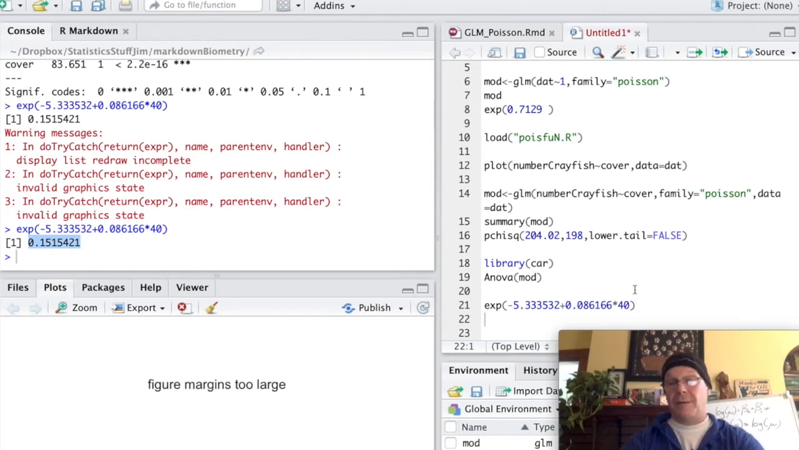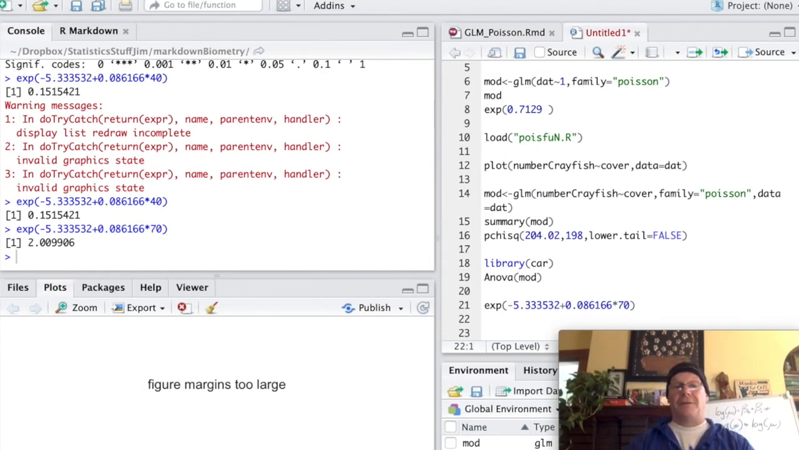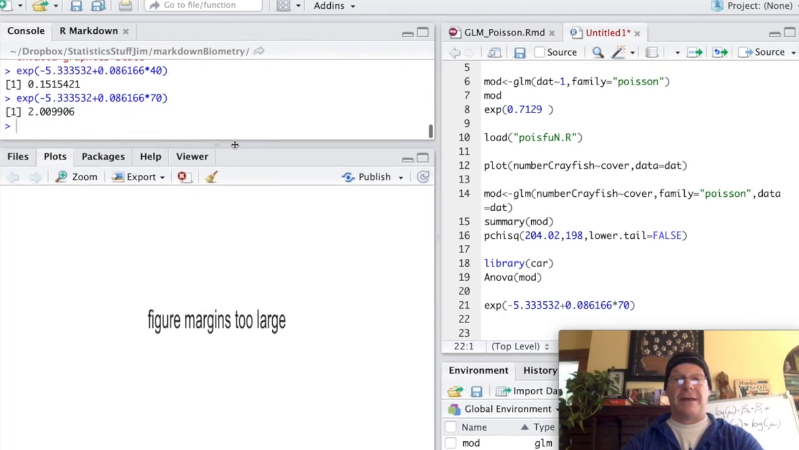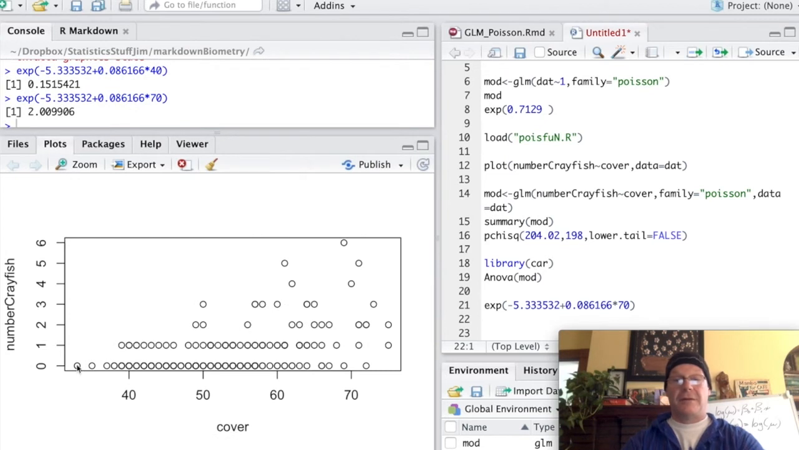But we could go ahead and we could crank it up a little bit. Well, what happens if we had a cover of, say, 70? And we'll pop that into our model. Now we're expecting roughly 2 crayfish every time we go to a quadrat that has much higher cover, has a cover of 70. And so we could do that for any possible value of our covers, and we could go ahead and here's our raw data again, and we could lay on top of that